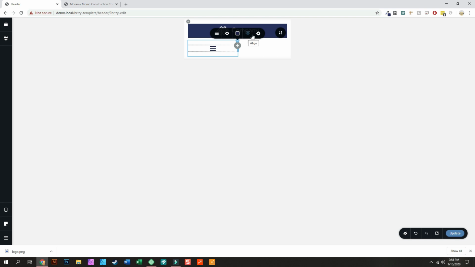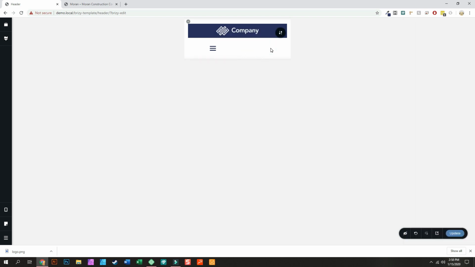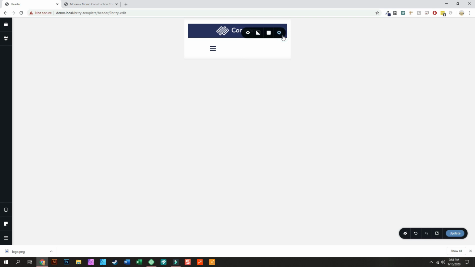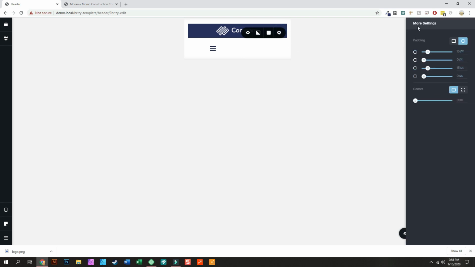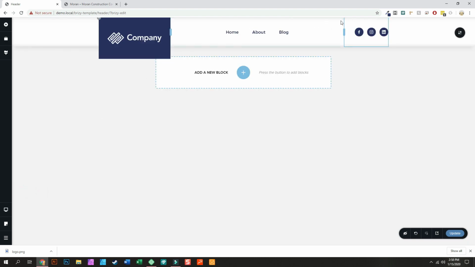So this is the menu. That's the alignment. But where is the section that actually asks you... That's kind of weird. I was going to say, where's the section that actually asks you if you want... Huh. So in Elementor, there's a section you can go into where you can set everything. Let's go back to desktop and I'll show you. There's a section where you can generally set everything, and you can kind of